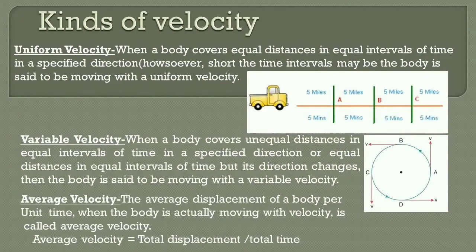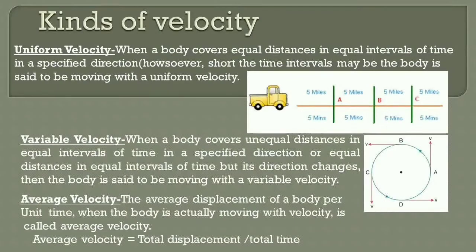Okay, the final velocity over a given period of time is called the average velocity in that direction. Or in simple language, you can say that the average displacement of a body per unit time when the body is moving with velocity is called the average velocity. That means we can find average velocity only when the body is moving with non-uniform